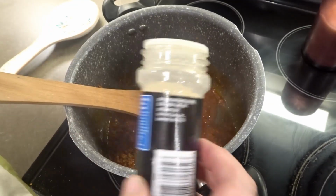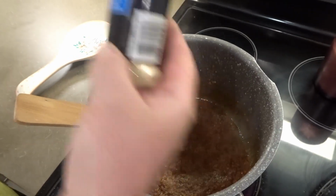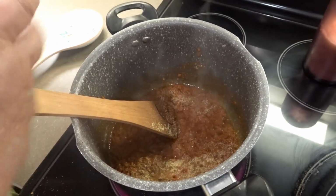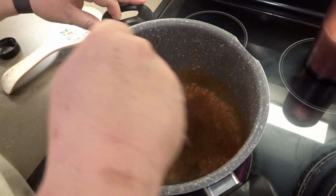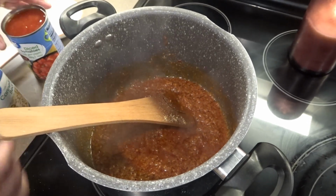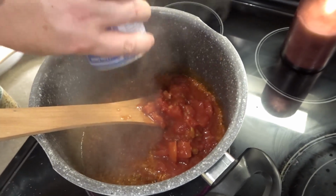I'm going to put about 1 tablespoon of onion powder and 1 tablespoon of garlic powder in with the chorizo. I'm going to stir that up. I'm going to add all 3 cans into my pot. I'm going to add the diced tomatoes,